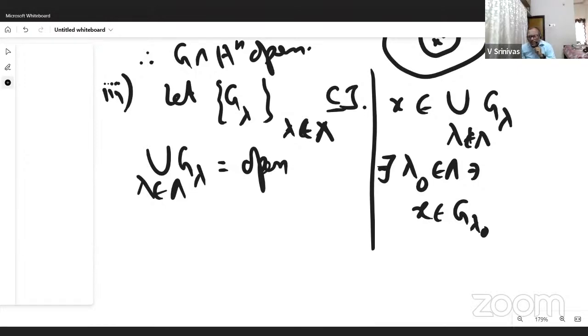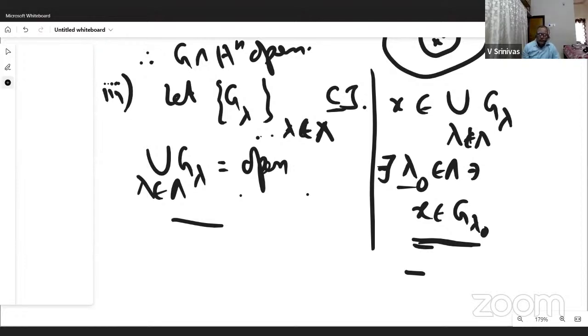Right. Now, this G lambda naught is an open set. This G lambda naught is an open set. So, this G lambda naught, yeah, this G lambda naught is an open set. Okay, so there will be,